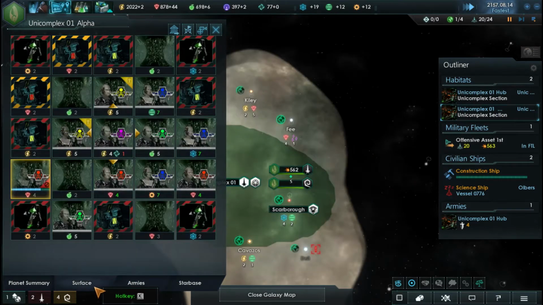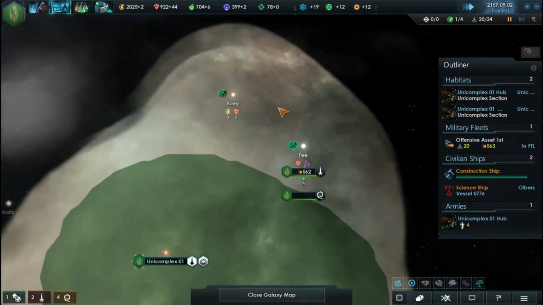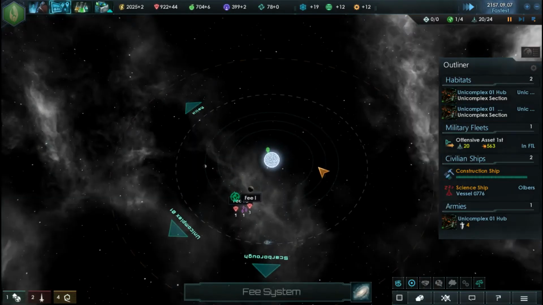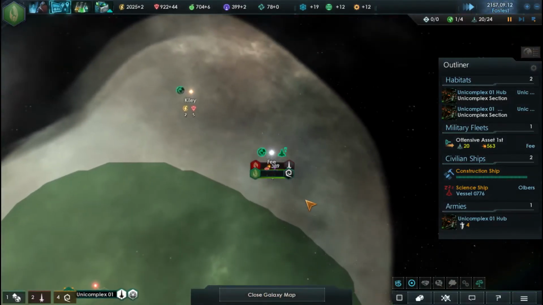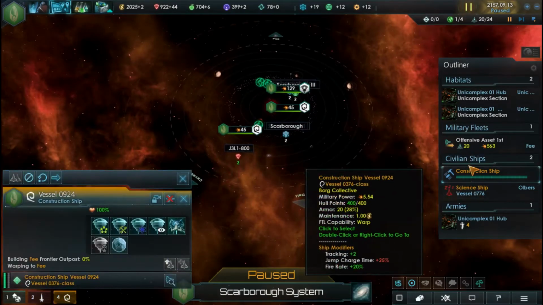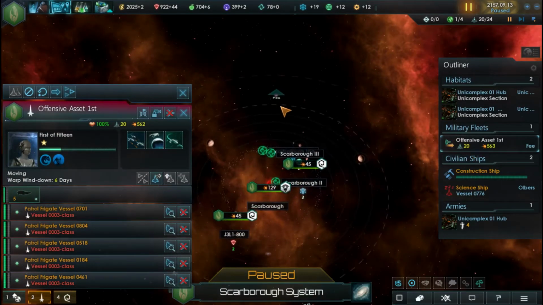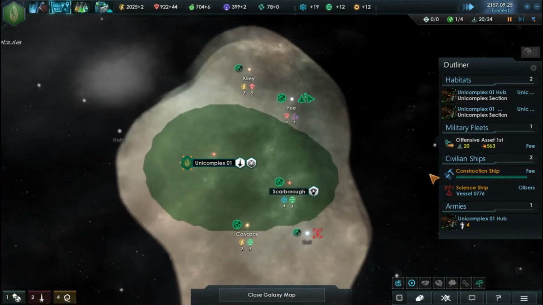And how are things on board here? So we have our little Borgy babies coming in there. So yes, the Borg do have neonatal units. Oh, there they are. And they jumped out as soon as we jumped in. Interesting. So they're going back down there. So offensive asset one, we need you down here then. Hopefully we can kind of catch them now